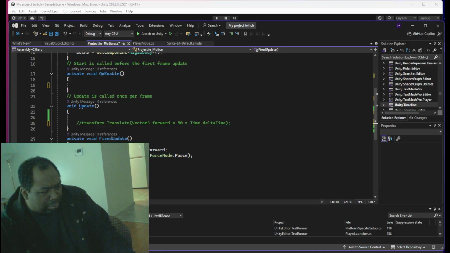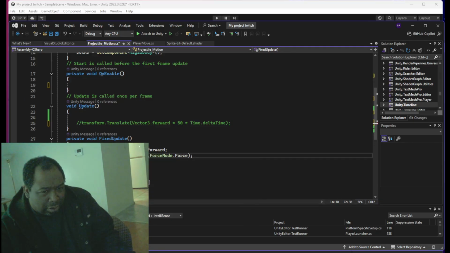Let's see. Vector3 forward. Let's see, sometimes it don't.